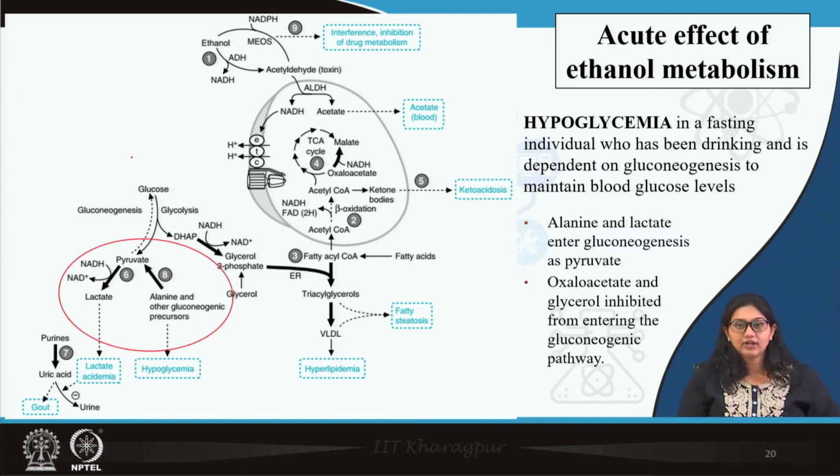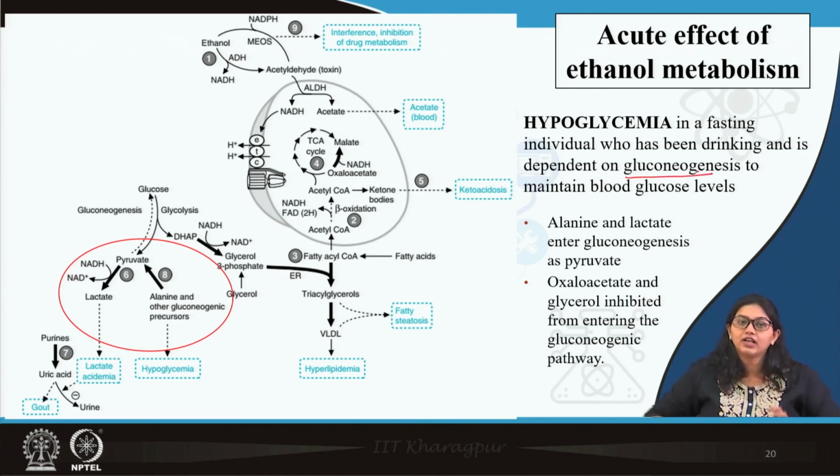Then hypoglycemia. Now, remember, this is very interesting. Individuals with chronic alcoholism, very frequent drinkers, often forget to take meals. For those patients, hypoglycemia is a very predominant condition. Why? Because when the person is not taking meals, their energy supply is dependent on